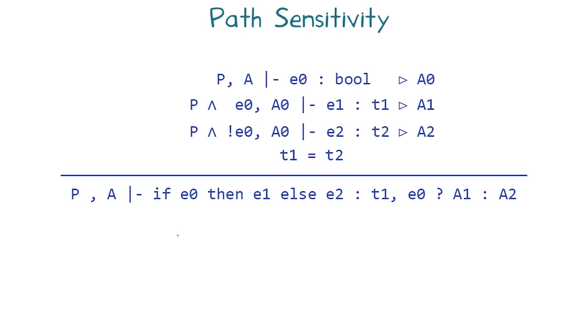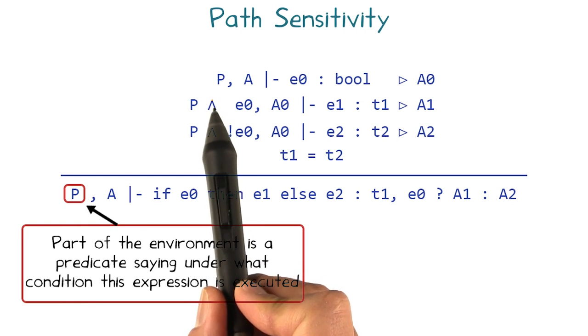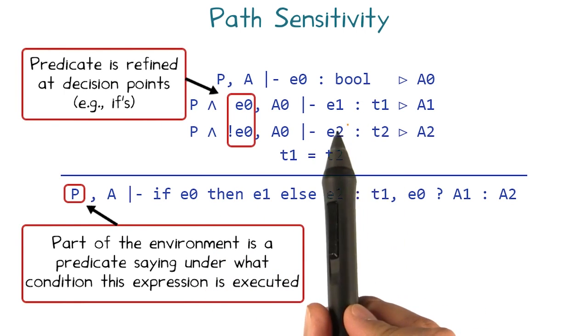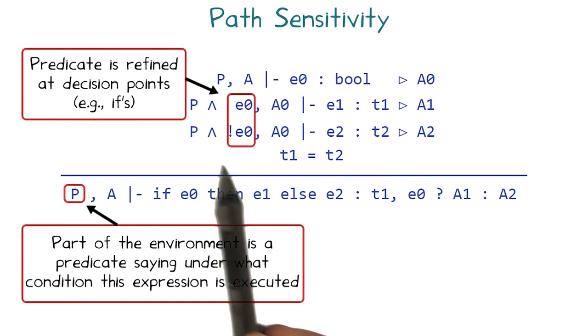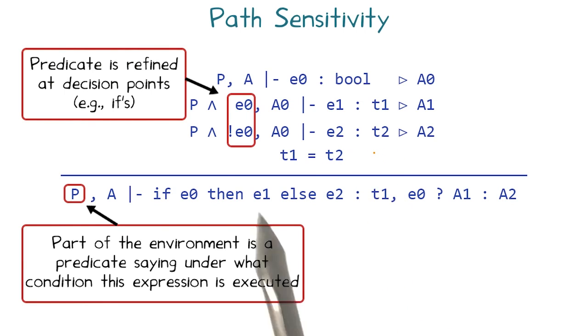By making our analysis sensitive to program paths, we are able to eliminate this form of false positive at the cost of more complexity in our program abstraction. To do so, we augment our environment for each statement with a Boolean predicate P. If P is the predicate under which an if-then-else statement would be executed, then we add P to the input environment of the first hypothesis that E0 is a bool. For the second hypothesis that E1 has type T1, we add P conjoined with E0 to the input environment. And for the third hypothesis that E2 has type T2, we add P conjoined with not E0 to the input